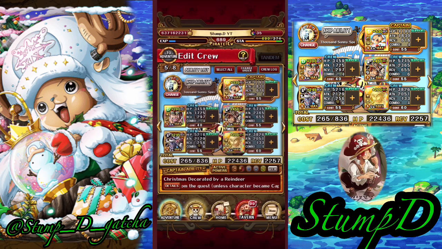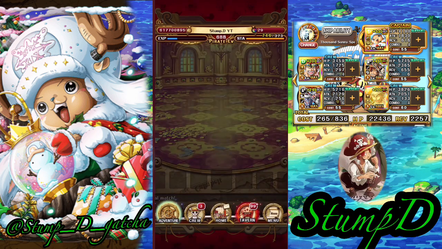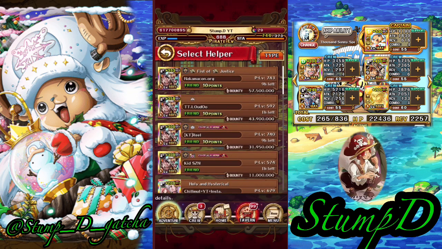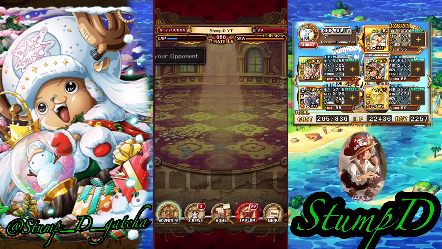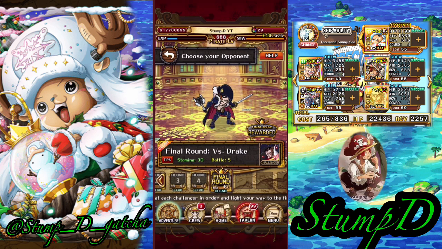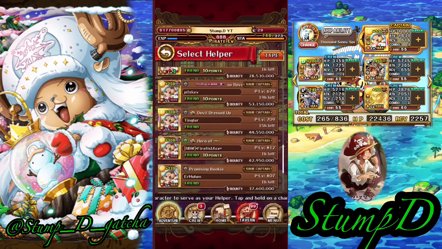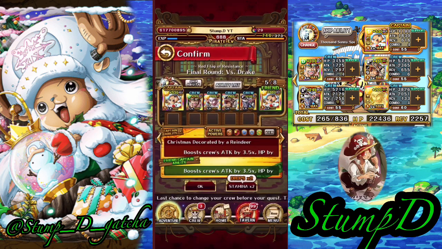So the two Coliseums that we are fighting today are X-Drake and Brownbeard. They're the two that are out at the moment, and then Kid and I can't remember the other one that's out on the other rotation. But this team should be able to farm either of them quite well. So if you have Chopper and you need cotton candy, then you can hop in to the Coliseum to take on X-Drake. I think X-Drake's probably the fastest, but